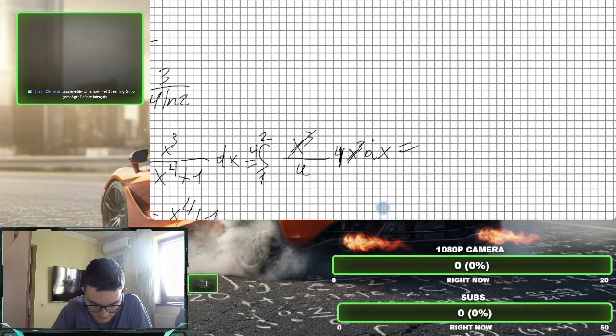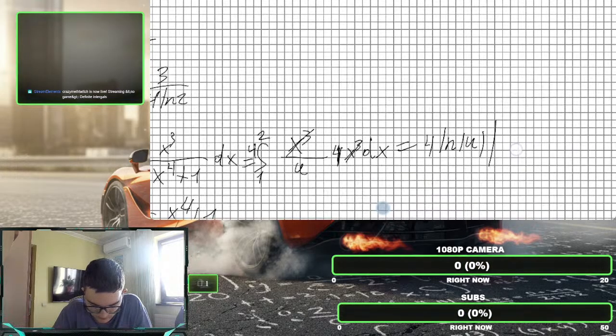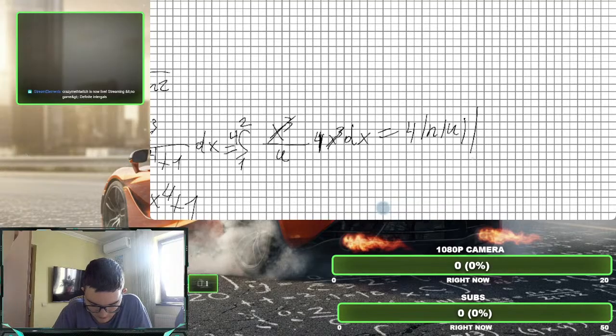So I'll have 4 ln module of u, and now just calculate the limits from 1 till 2,